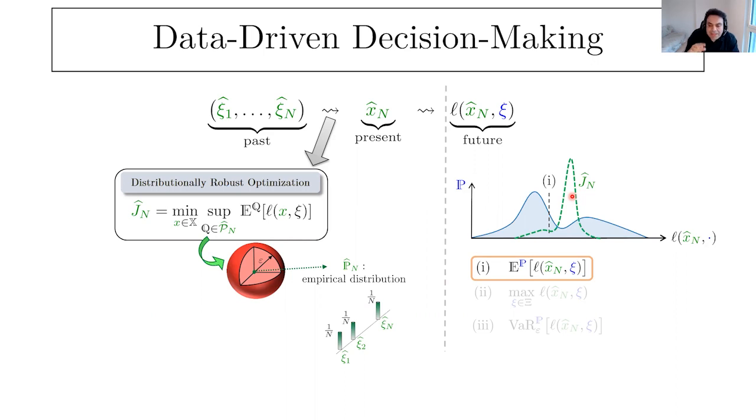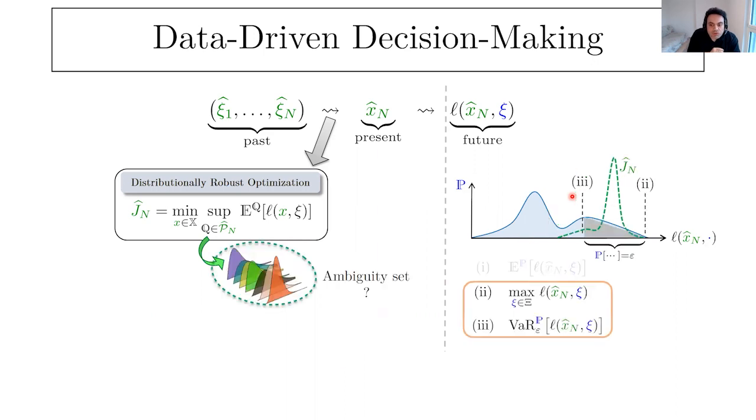Now, let me give you a little bit of background about the other two risk measures in which we might be interested. And the question is, what would be an appropriate ambiguity set on these two? Given that the organizers of this talk are from the control community, I thought that it would be nice to also mention that, to the best of my knowledge, it's fair to say that the credit for the results developed in this line of research goes to the control community. There are people who pioneered this line of research, Marco Campi and Giuseppe Calafiore, and also Garatti. They developed a number of results in this direction.